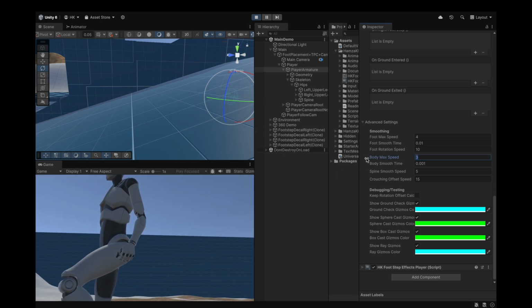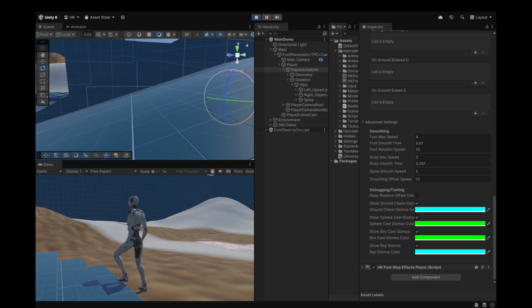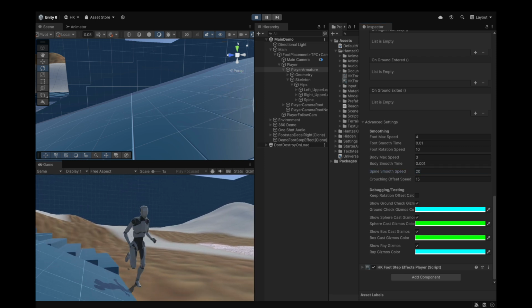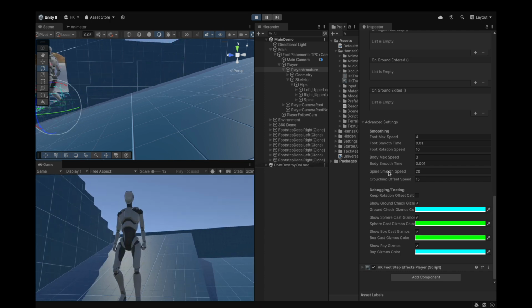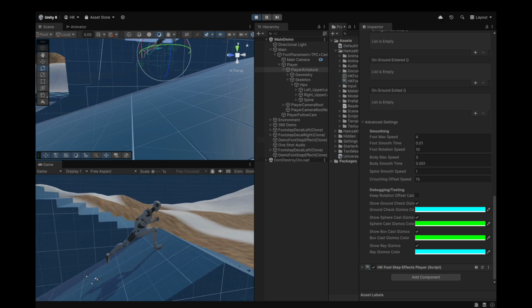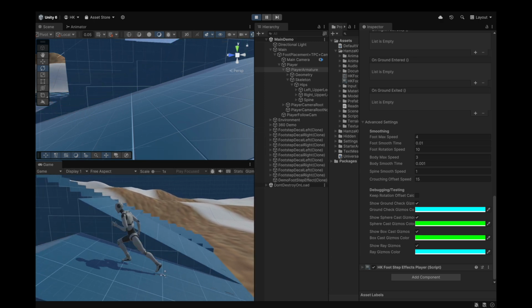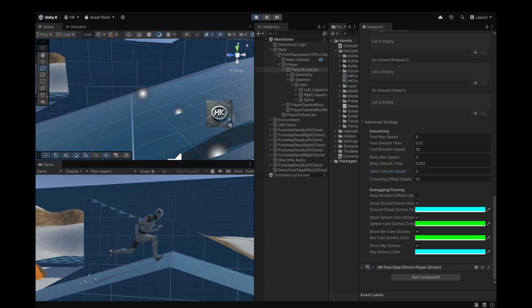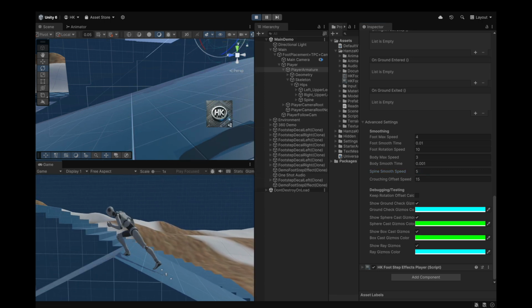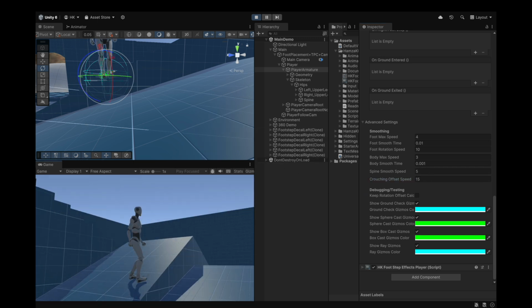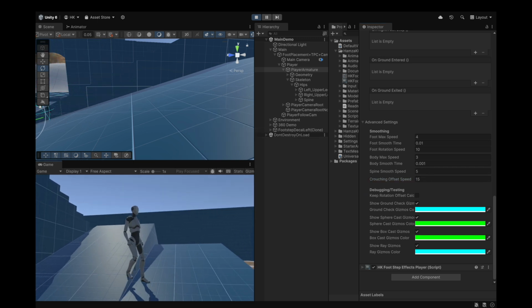And then the same for the foot rotation speed, which is just the rotation lerp speed, and the body max speed, and the body smooth time settings, spine smooth speed, which is the speed at which the spine is set, using the lerp function again to make this really slow. And the last one is the crouching offset speed, which basically is this. So if you crouch,